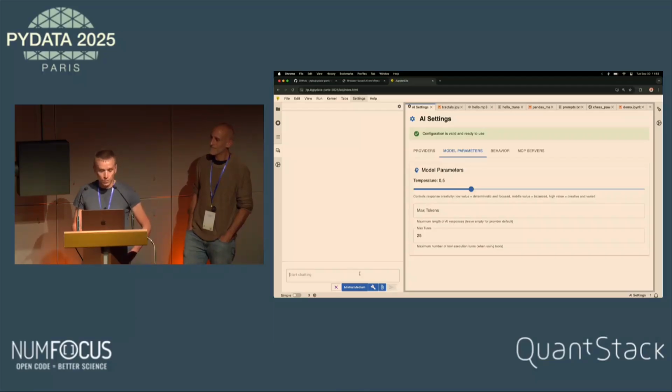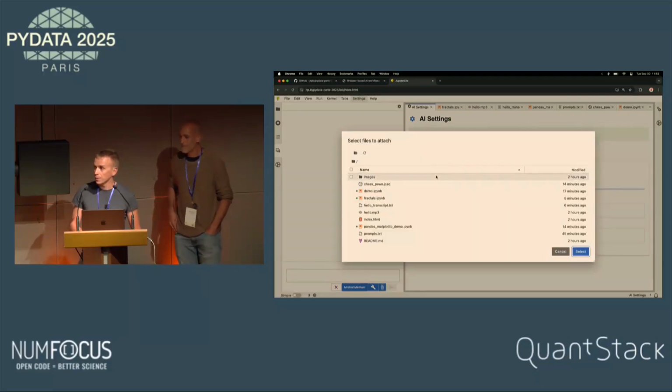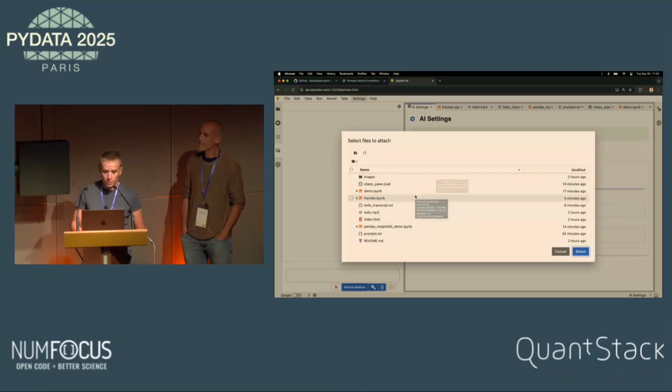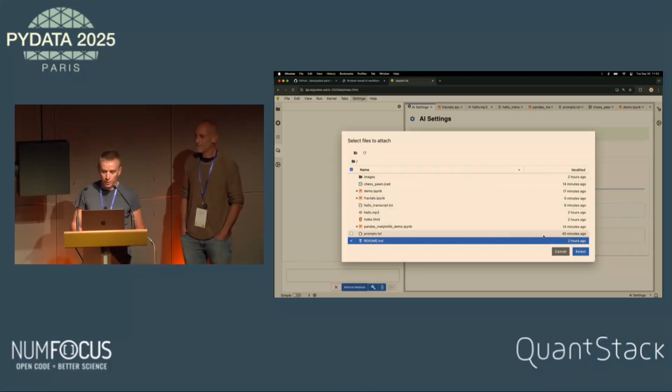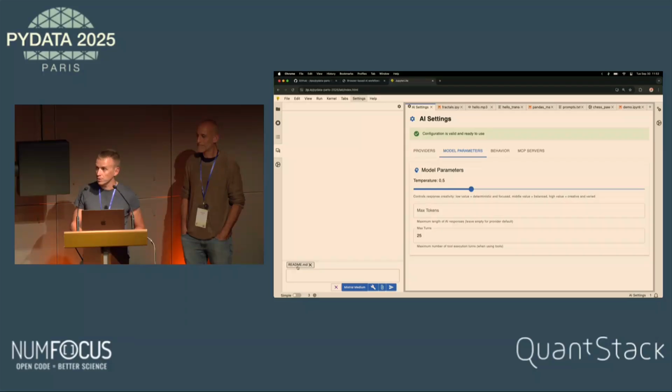So here, when we ask something in a chat, we can also use this attachment window, and if you select a file here, it gets attached and it's provided as context to the request.